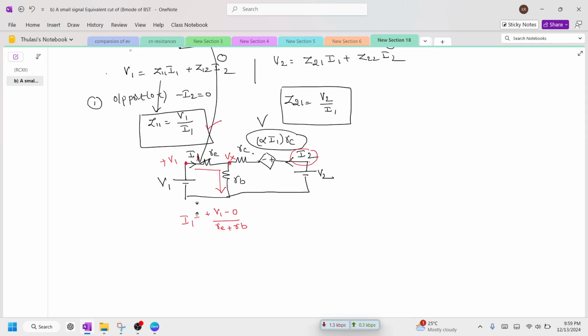So therefore when we bring this I1 to the denominator, V1 divided by I1 is equal to RE plus RB. So we have got one parameter, which is nothing but Z11. The ultimate unit of this impedance is ohms. Now